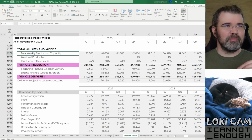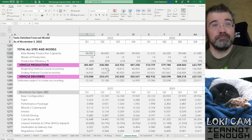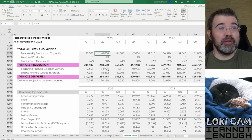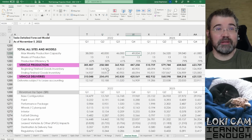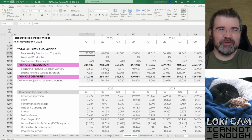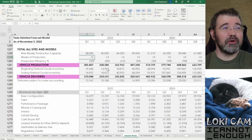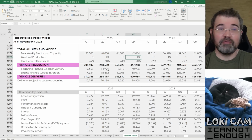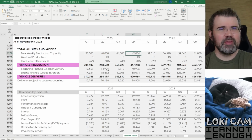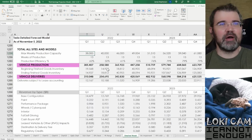Let's talk about the maximum weekly production capacity for Tesla. This number rises over time, right? So it started the year at 38,000 vehicles per week, 40,000, 46,000, 49,000. Now, Tesla is not making this many vehicles, and it hasn't all year, because even though there are 13 possible weeks every quarter, not every factory was able to produce vehicles in all 13 weeks of all of these quarters, right? So think of this number as being the theoretical design capacity for each factory as of each of these